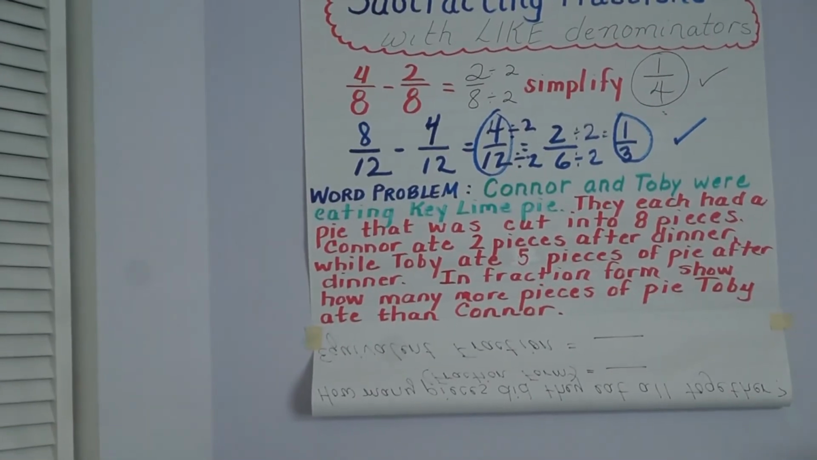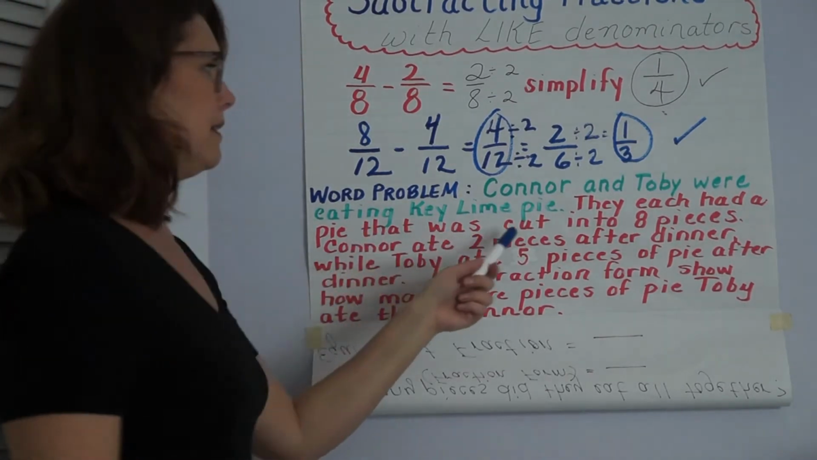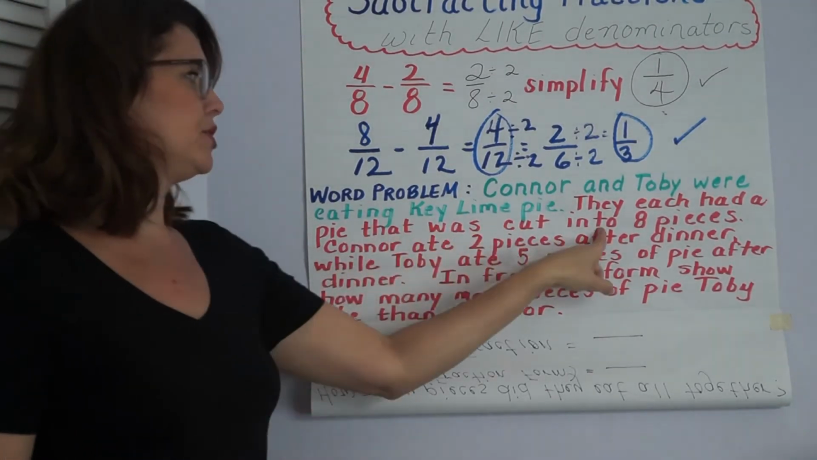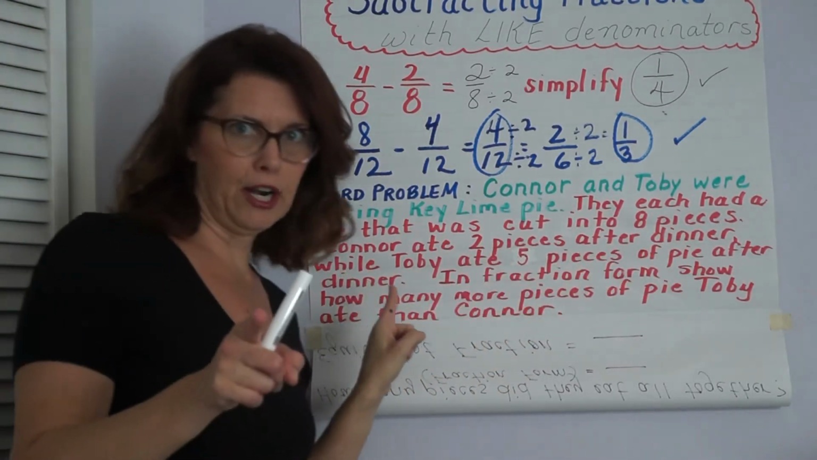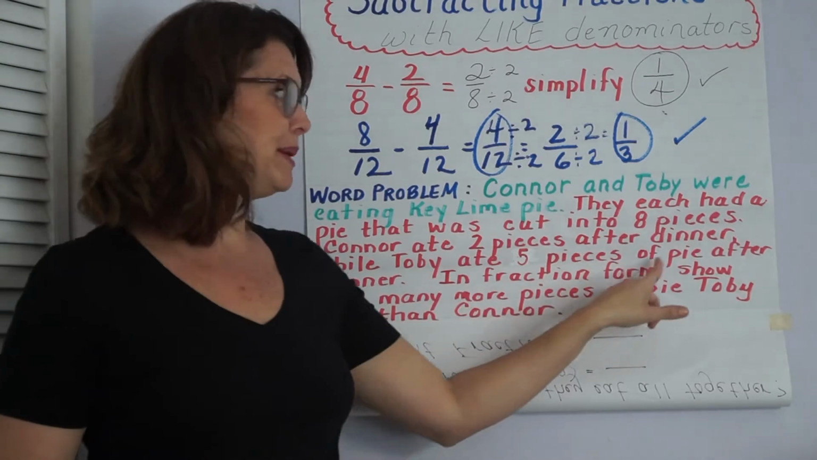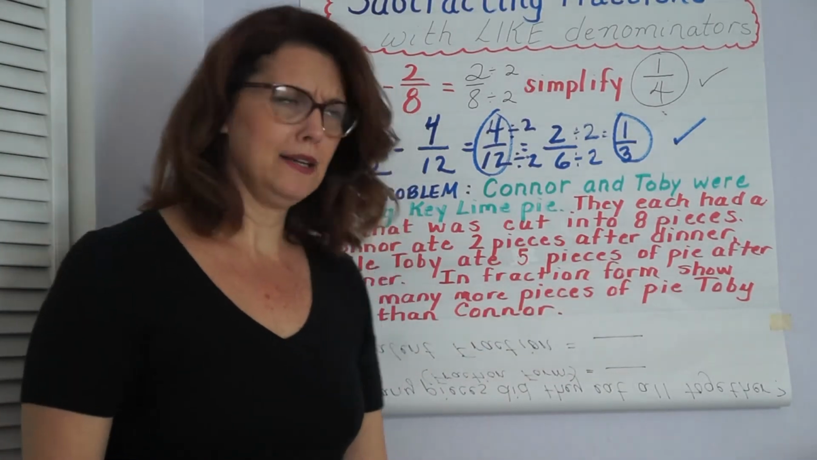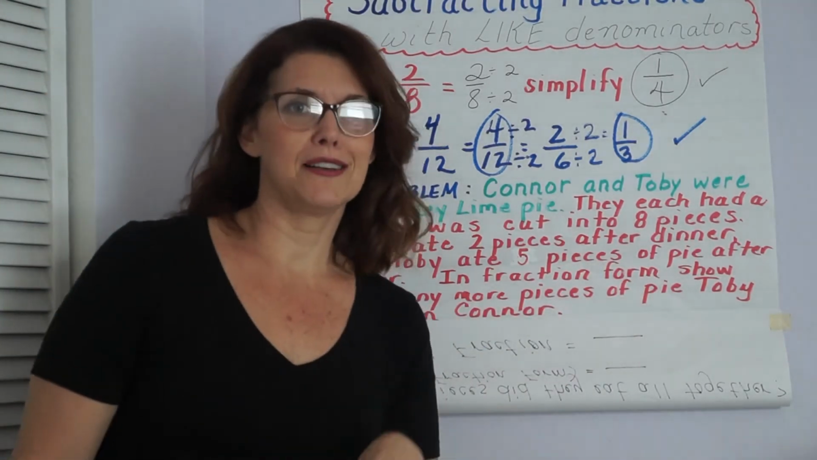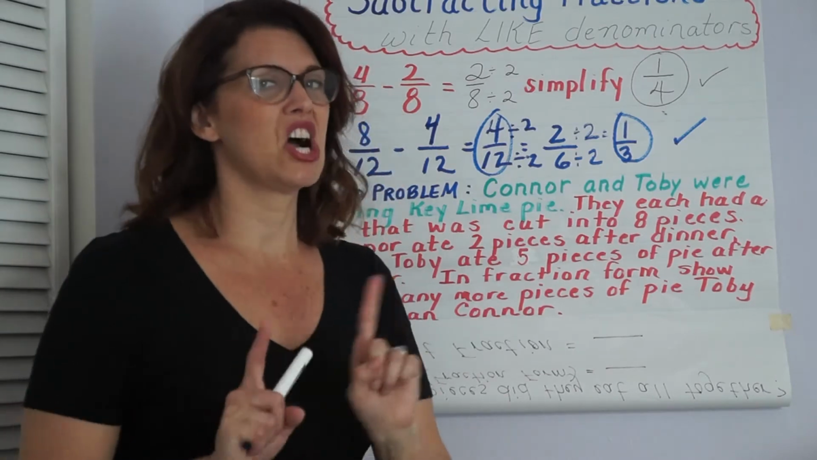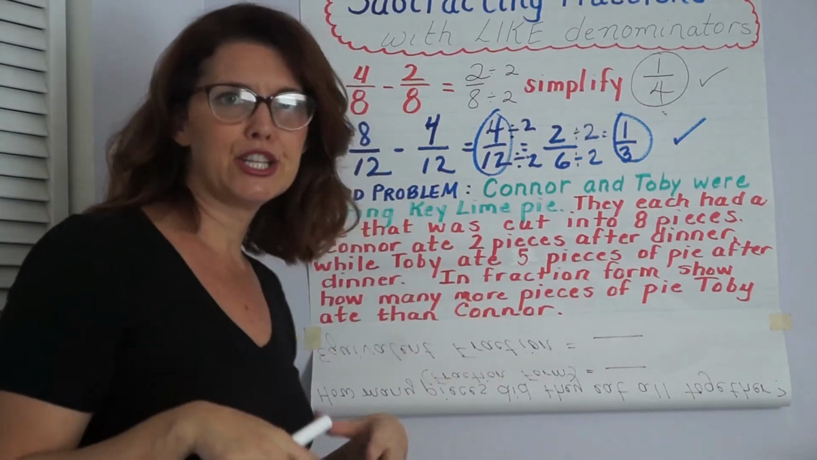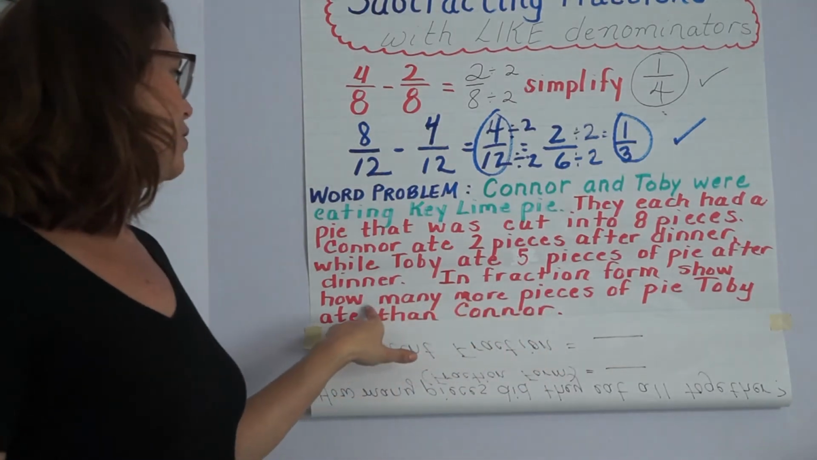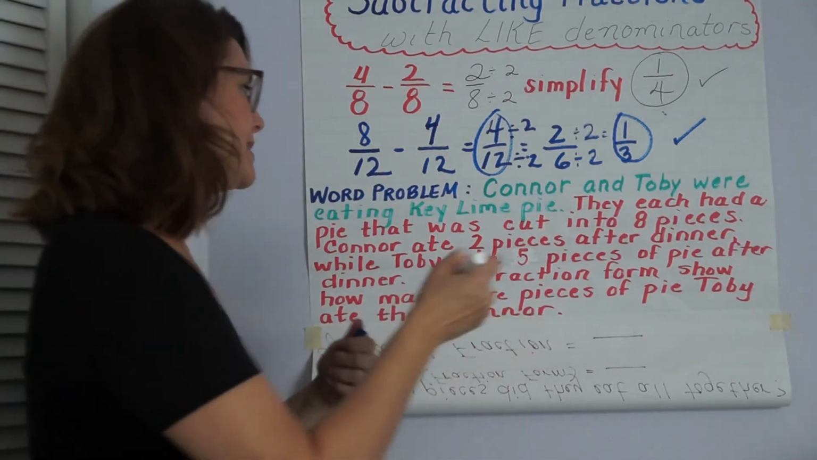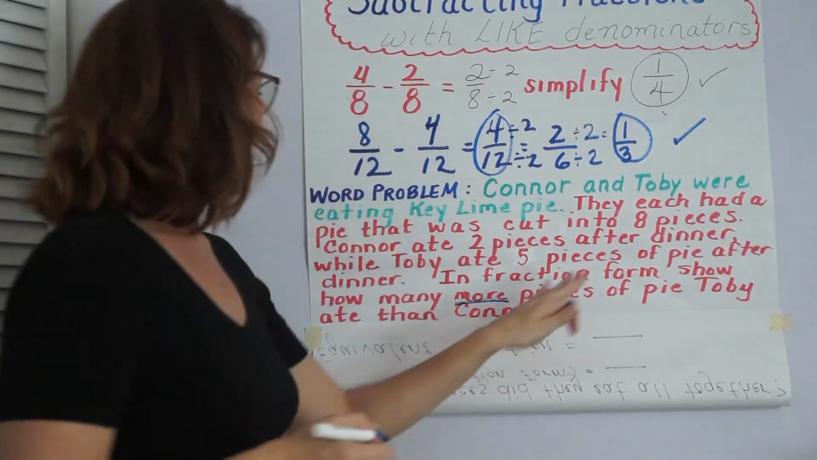Okay. All right, so Connor and Toby were eating key lime pie. They each had a pie that was cut into 8 pieces. Connor ate 2 pieces after dinner, while Toby ate 5 pieces of pie after dinner. Toby! You mentioned on one of your assignments that key lime pie was your favorite, so I was listening, I was paying attention. So then in fraction form, you are asked to show how many more pieces of pie did Toby